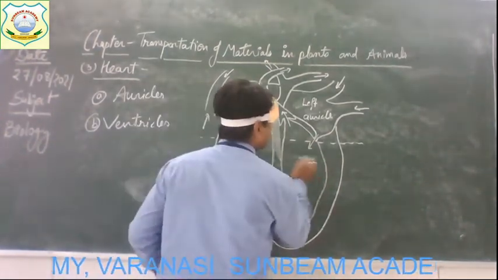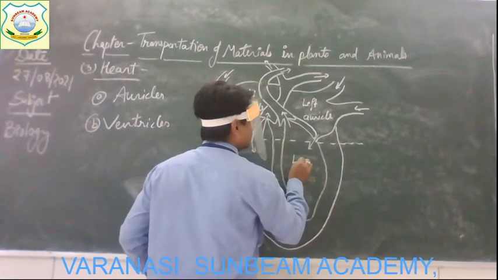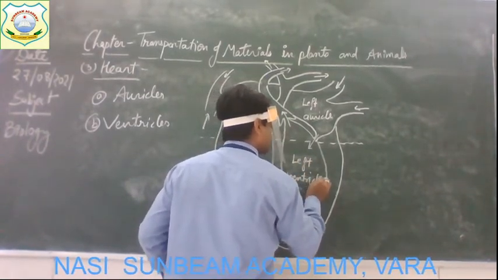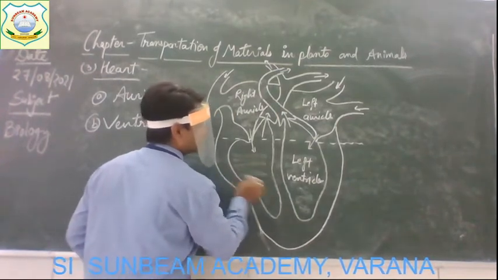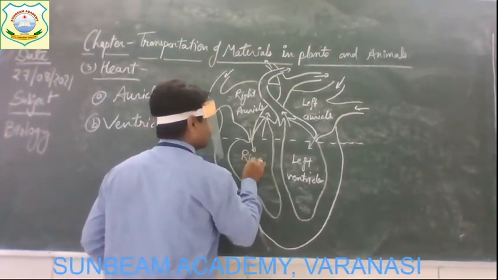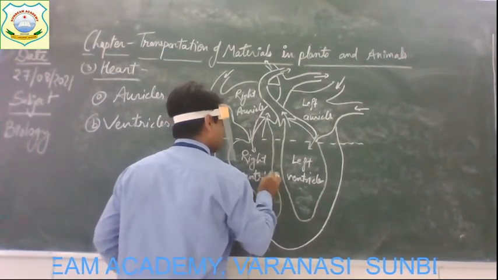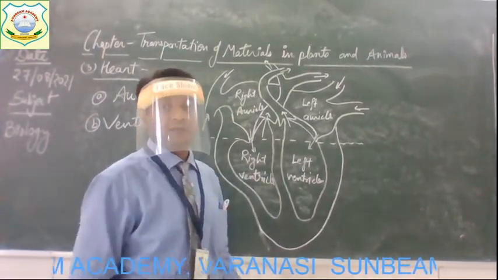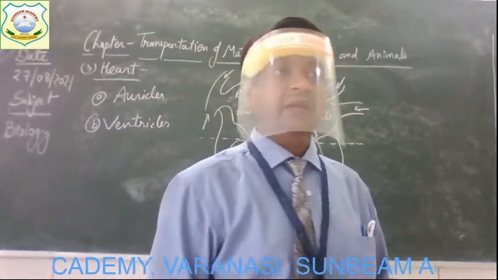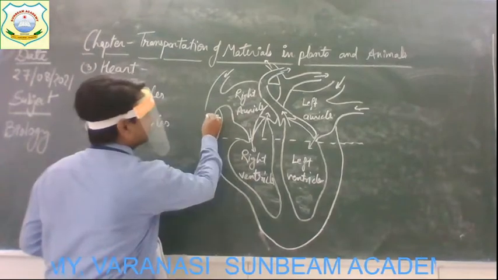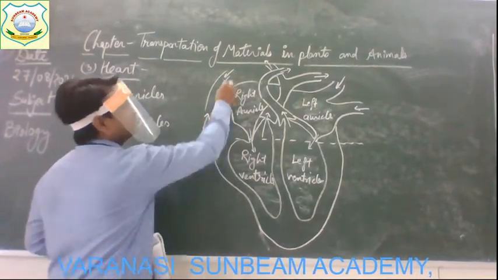Alright, just like that, this one is left ventricle and this one is right ventricle. Clear? Everyone? And they all 4, just look, with the help of this arrow, we can understand